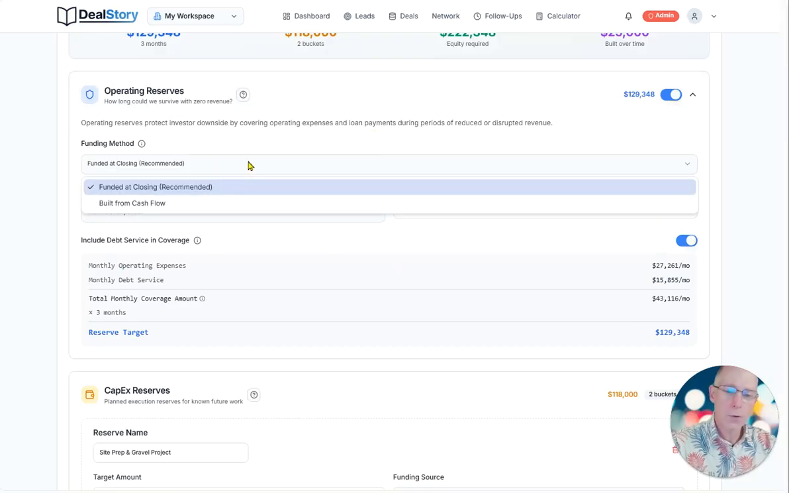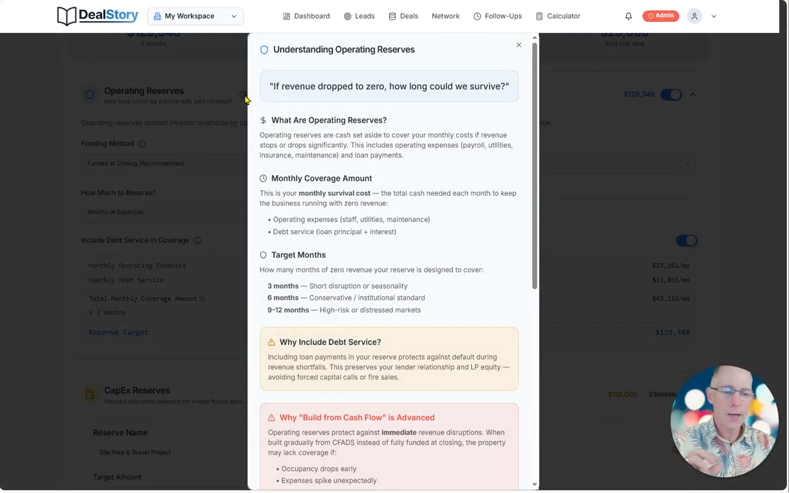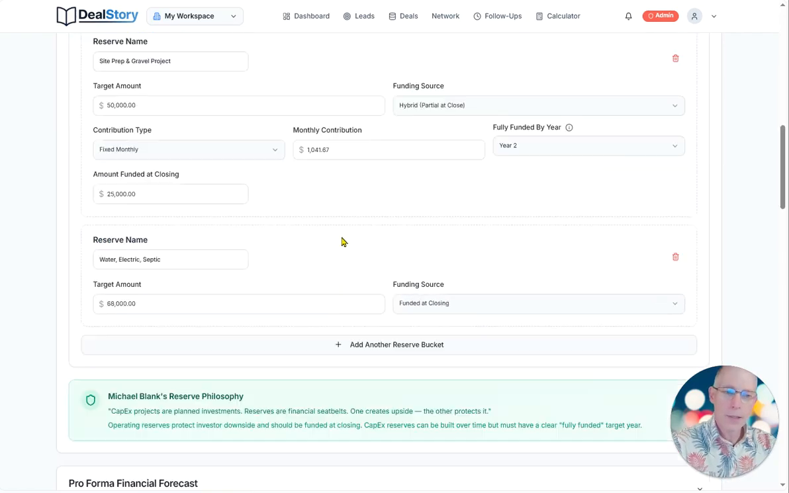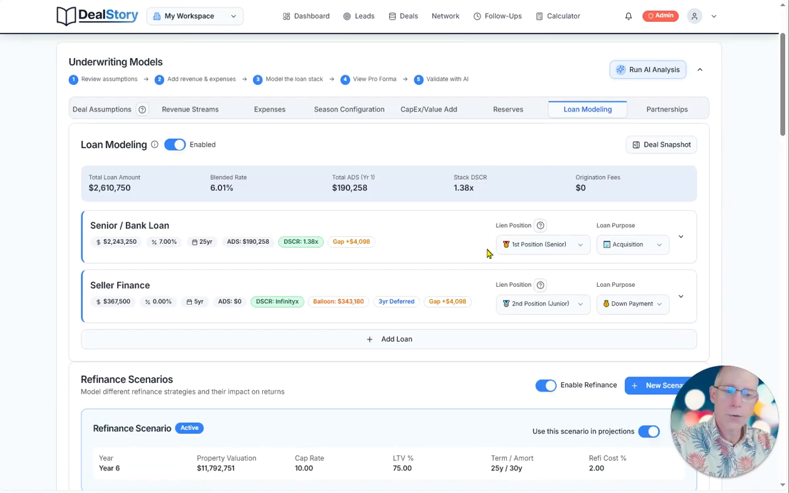We do allow you to do built from cash flow, but it's pretty advanced and it's not really recommended. And if you wonder why, you can go into the help. Again, we have this everywhere. Help is everywhere. And as I said, this all flows down to below. The loan modeling is really, really easy. We let you set the lien position, the loan purpose, and just to show you what I mean, we could